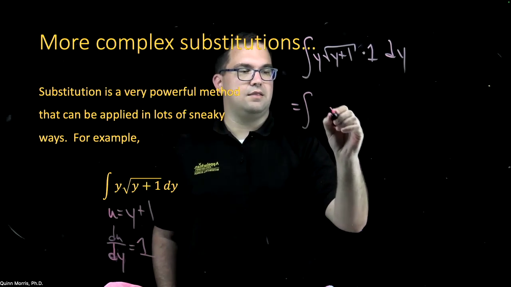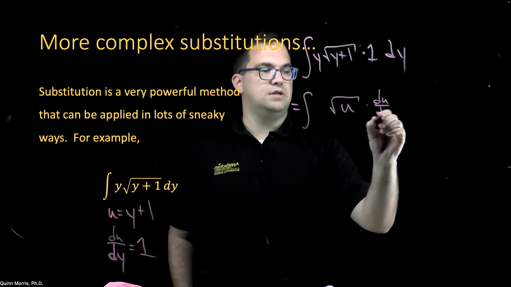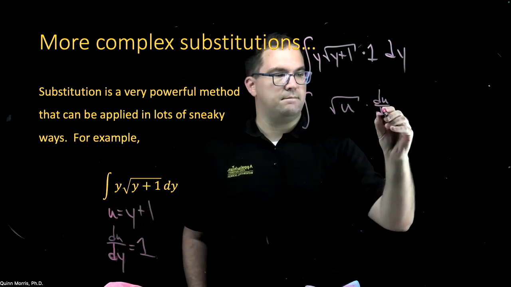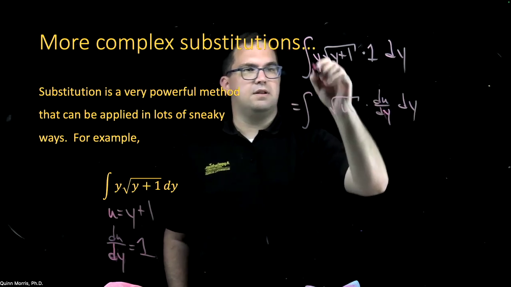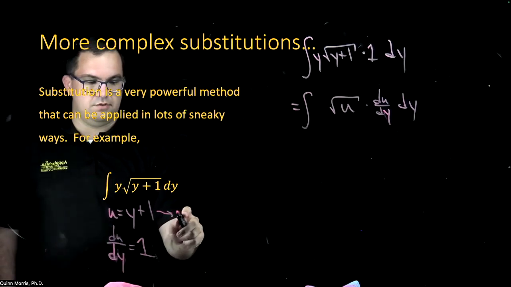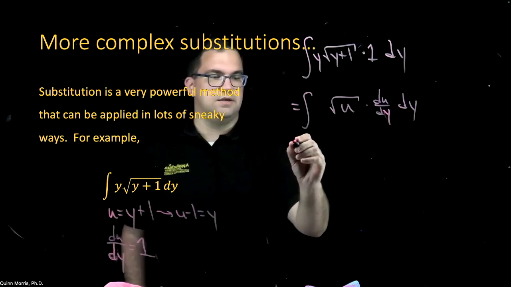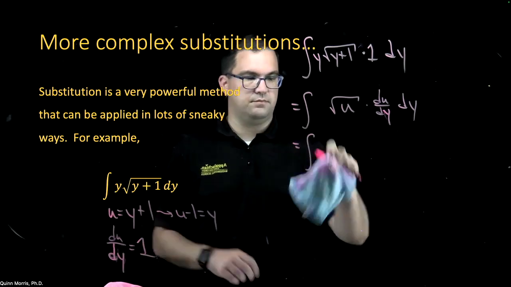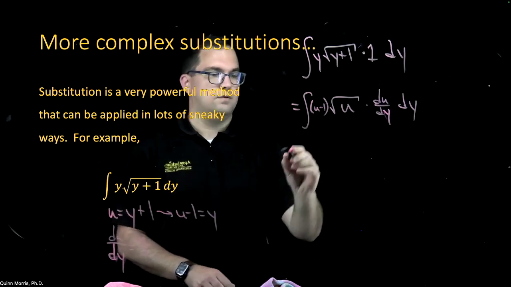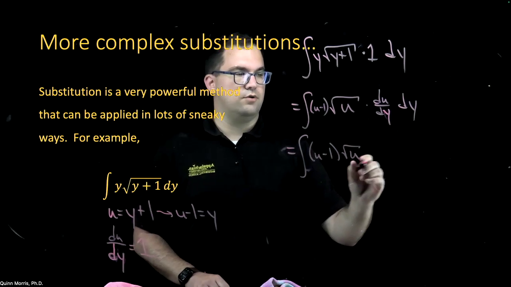Now, it's clear that this part would become square root of u. I get a du dx, sorry, du dy here. But I have this y term here I need to take into account. And well, if I looked at this, I could say, well, u minus 1 is equal to y. So what if I put this here? Oh, sorry. I really just want to plug in here u minus 1. Okay. And so what I end up with is u minus 1 times the square root of u